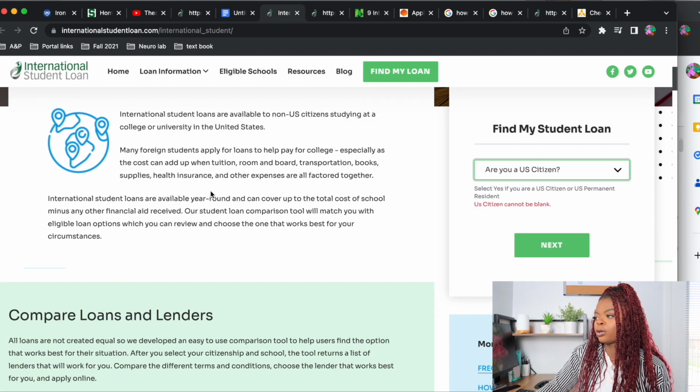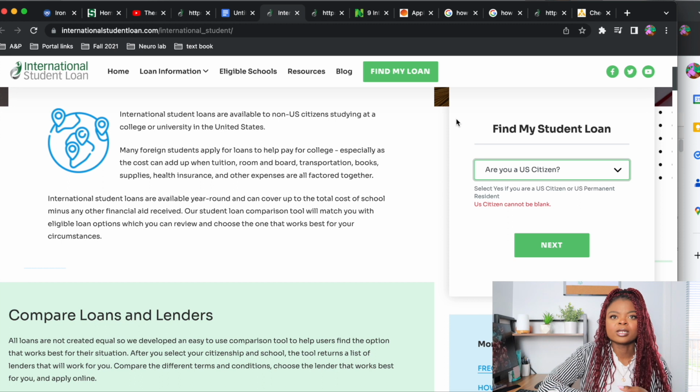So now we're going to work on applying for a student loan with a cosigner. By definition, I feel like in general it's just somebody that is a citizen of America, or they have their permanent residency card in America. They have to be 18 years or older, and they just have to have a good credit score. That's the general idea of a co-signer. So, back to this website.